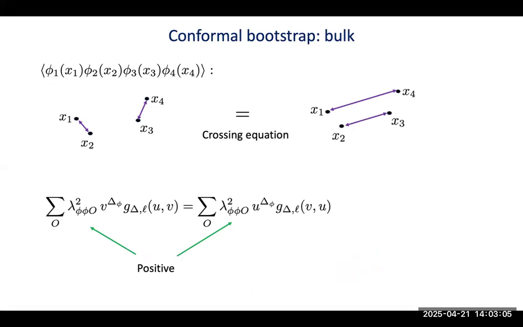So basically you have a sum of positive numbers times some vector equal to 0. Then you can use linear programming techniques to rule out solutions to that equation in certain regions of parameter space, that is, for certain types of spectra of operators. So that's the idea